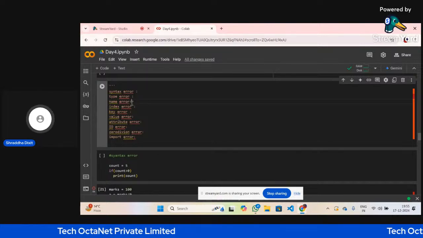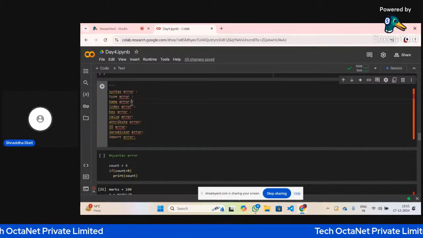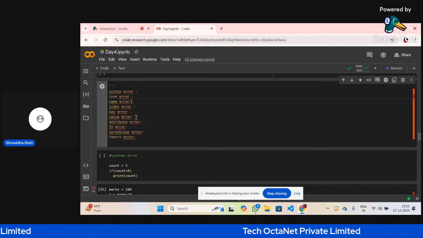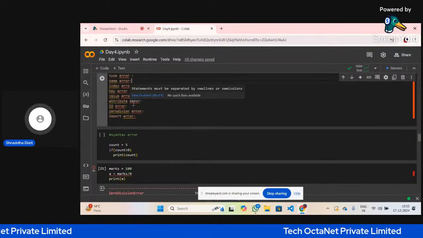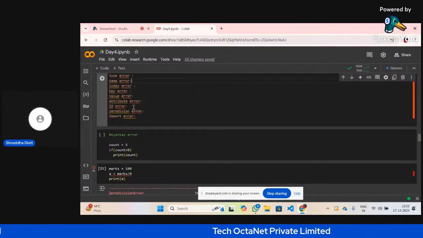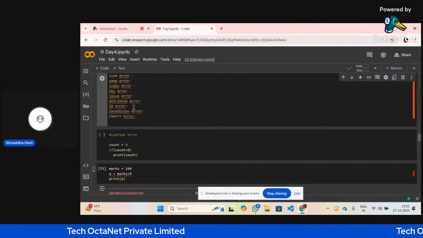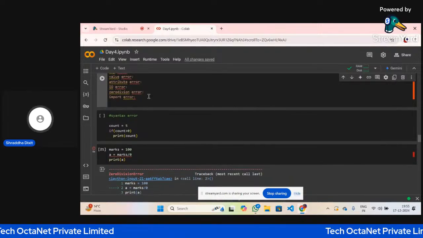KeyError occurs if a key is not found in a dictionary. Then we have ValueError and AttributeError. AttributeError is for an object where you cannot find a particular attribute. IOError occurs when an input or output operation cannot be performed. Then ZeroDivisionError is basically